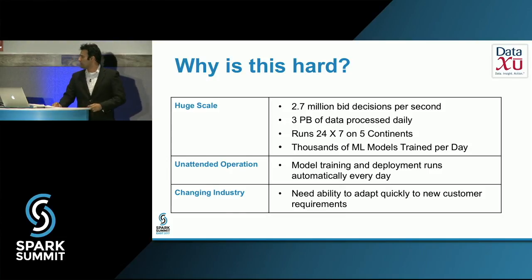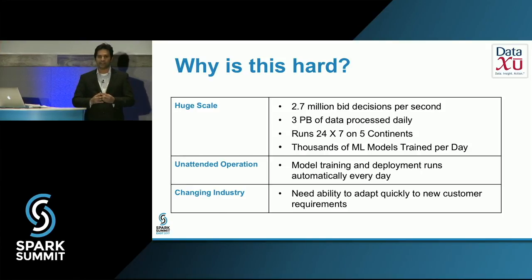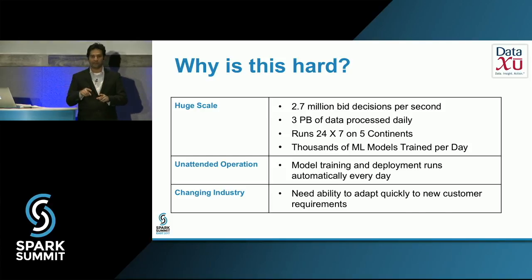The other important thing is, even though we're using Spark and everything, the problem is different because we are running across different countries. So we can't just run a notebook and generate all the models and then have someone ship the models. We have to have an unattended process to do this. So we want a very stable system where we can just deploy the model. Every day it serves ads, collects the data, learns from that, and again creates models and serves ads and keeps